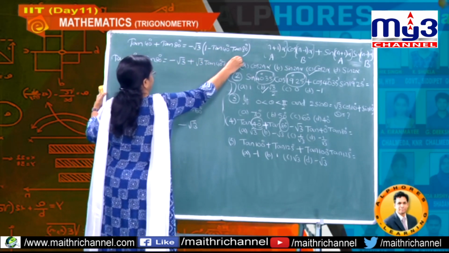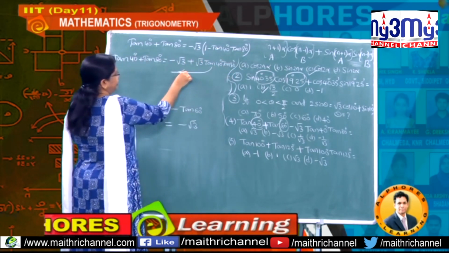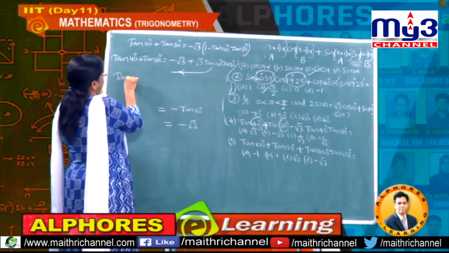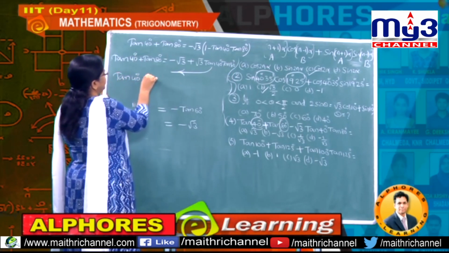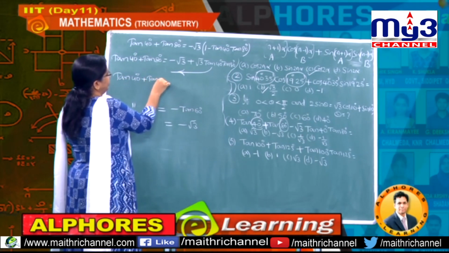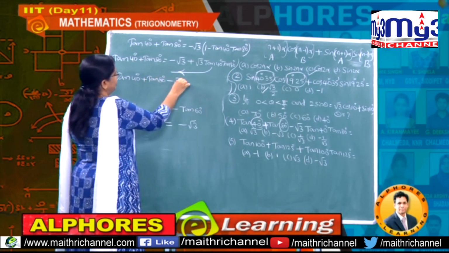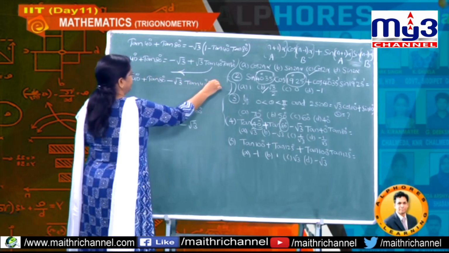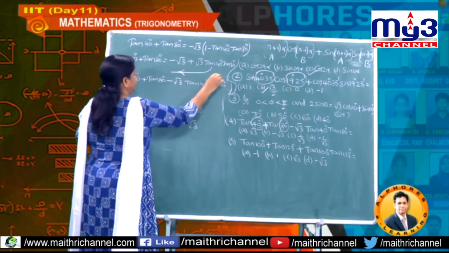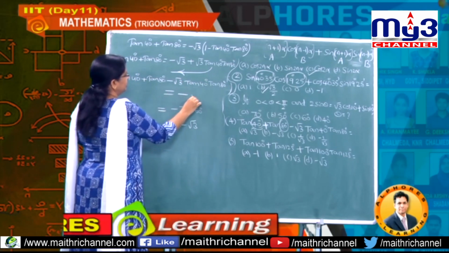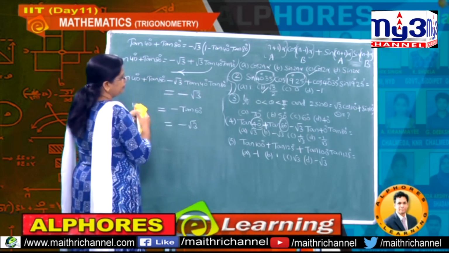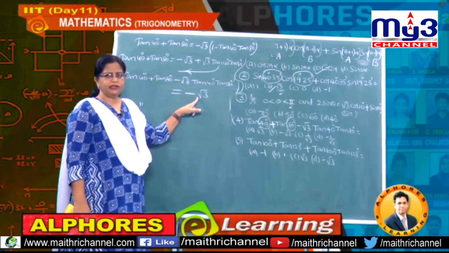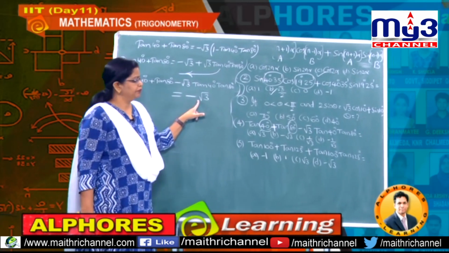And therefore take now this entire value to this side. If I take that value to this side, then tan 40 degrees plus tan 80 degrees minus root 3 times tan 40 into tan 80, students, how much did you get now? Equal to minus root 3, okay. So finally what is our answer now? The answer you got is minus root 3, understand.